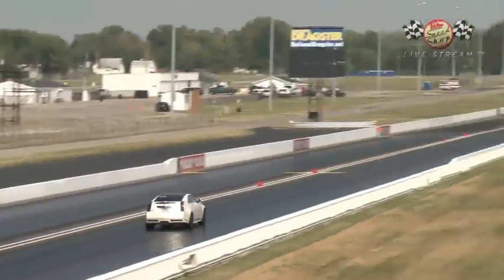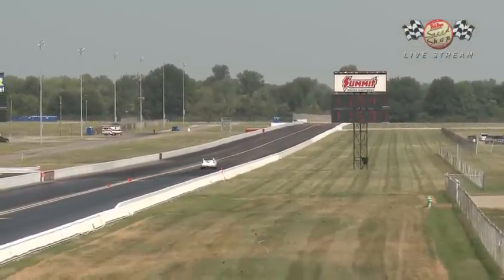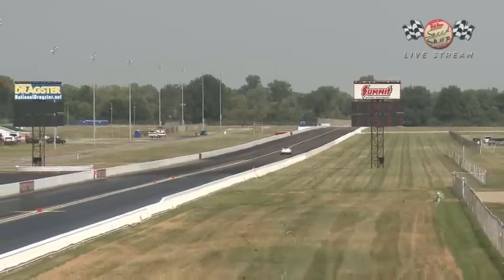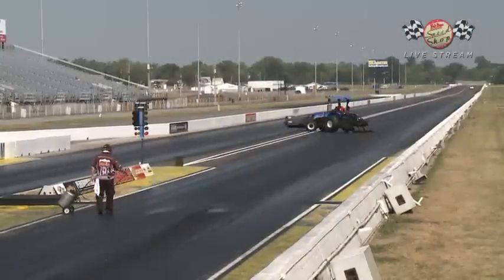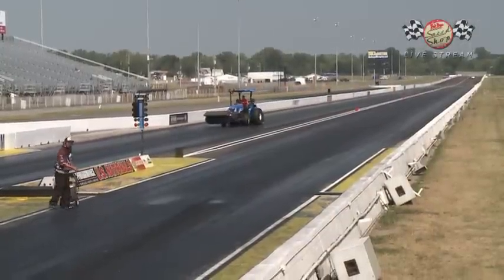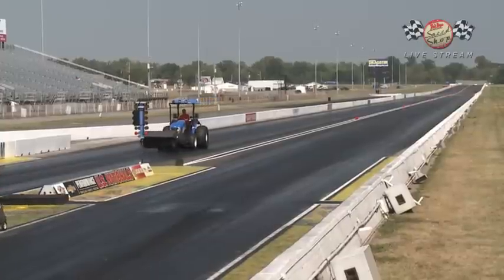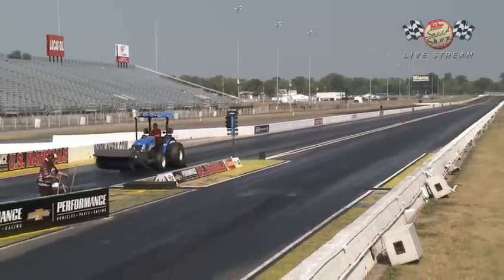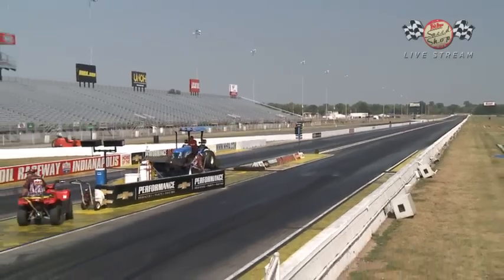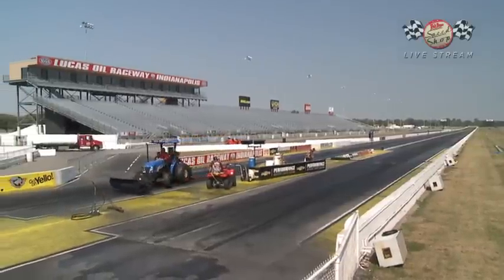Back in the 1970s, there was actually a big riot here in St. Louis after an IHRA race. IHRA decided on their own that they were going to move a qualifying session to an earlier time of the day. And when a bunch of people poured in, it was a typically late arriving crowd, a bunch of people poured in, got to see basically one pair of cars run, and then they were told to leave because the show was over. The people that were working at the race in the tower actually got trapped inside the tower for a number of hours, and people were throwing stuff through the windows and trying to get after them, and it was...